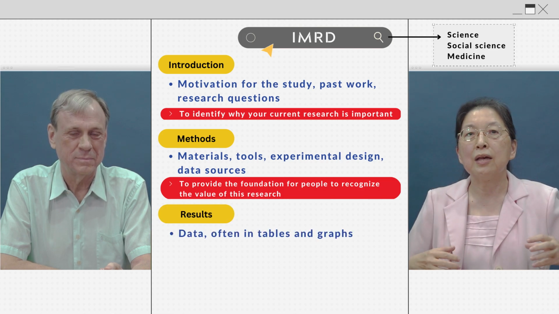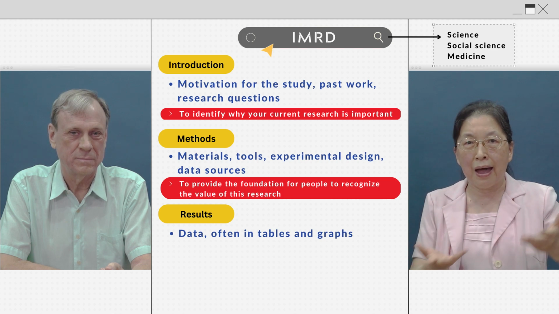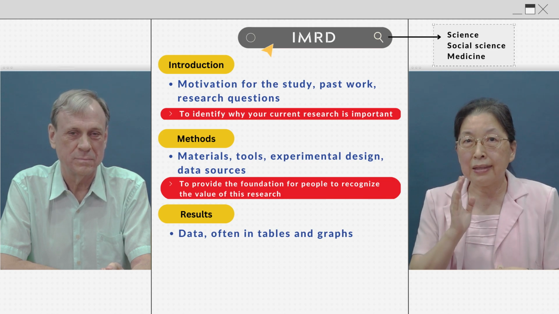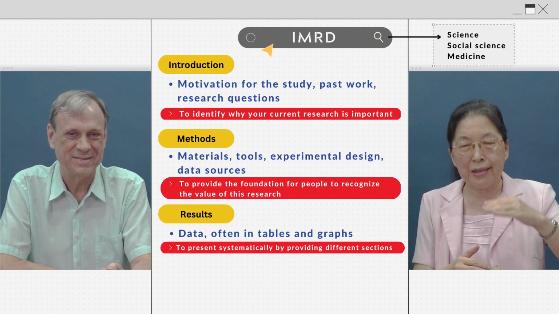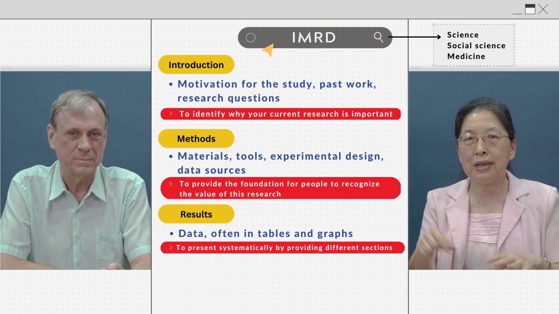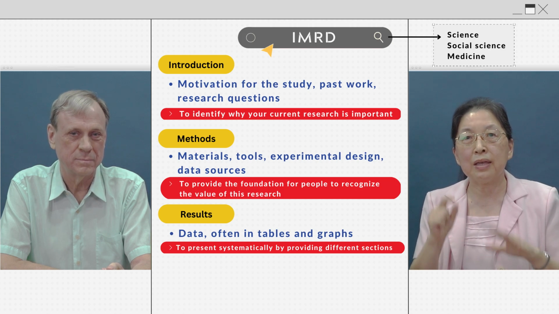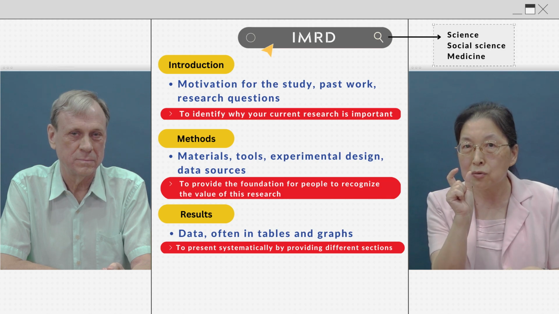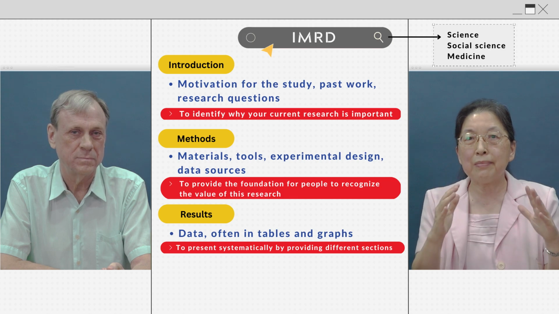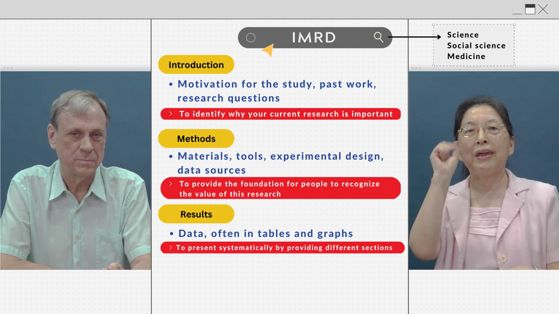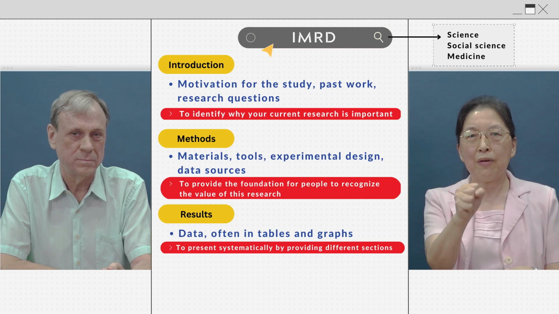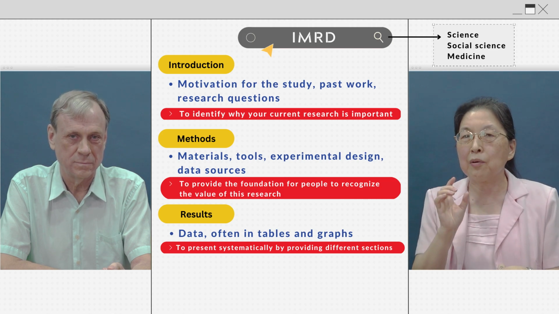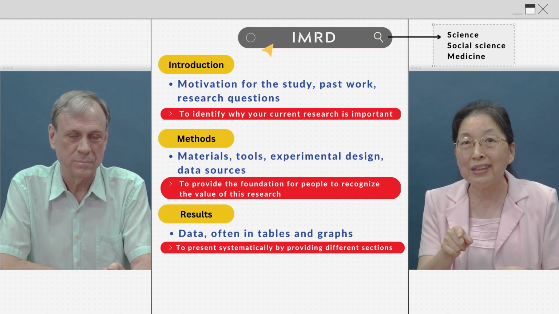And then in the results, you address your research questions by providing, voila, these are the findings. The findings cannot be too boring, so you have to present them systematically by providing different sections. And in each section, you will have tables and figures and sometimes transcripts of interviews systematically presented to the audience so they can read and catch the information very quickly, and with a clear, systematic description in paragraphs, people can understand what exactly the findings are.